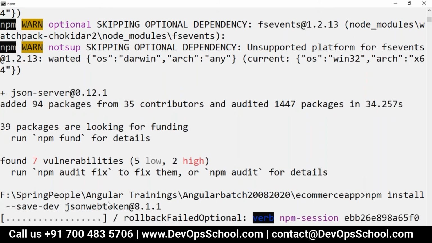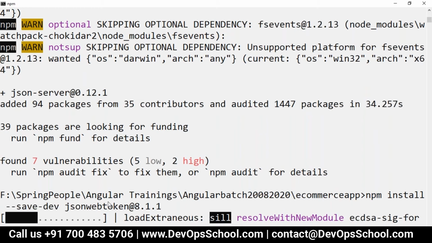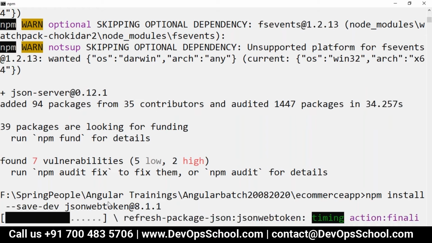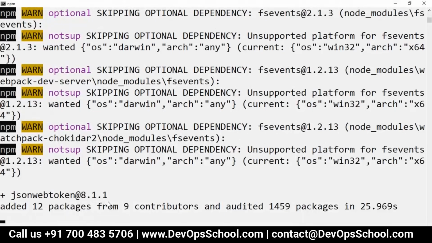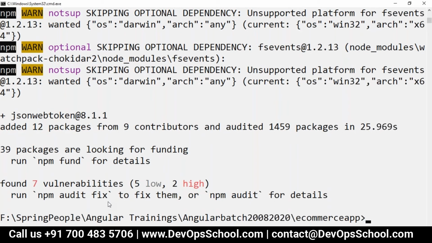Just installing all the libraries. Yes, everything got installed for my project.